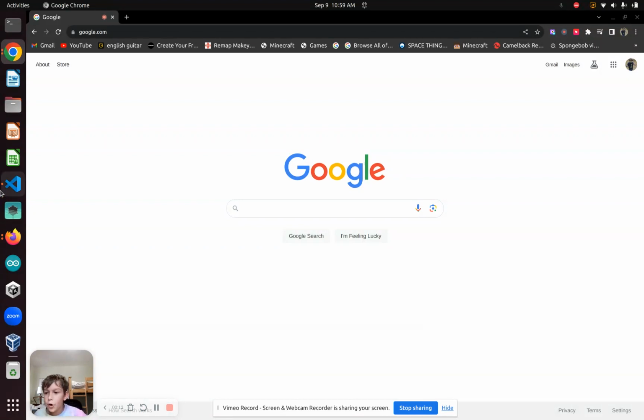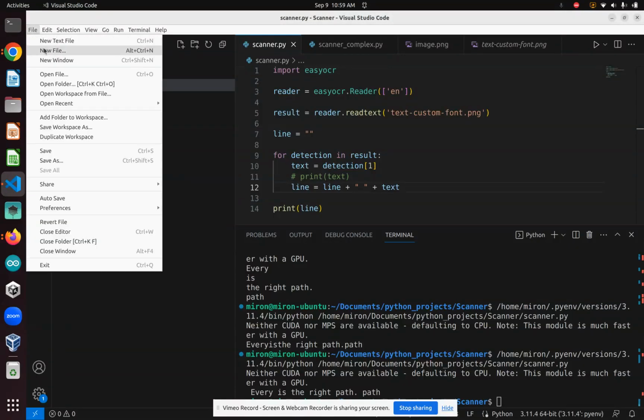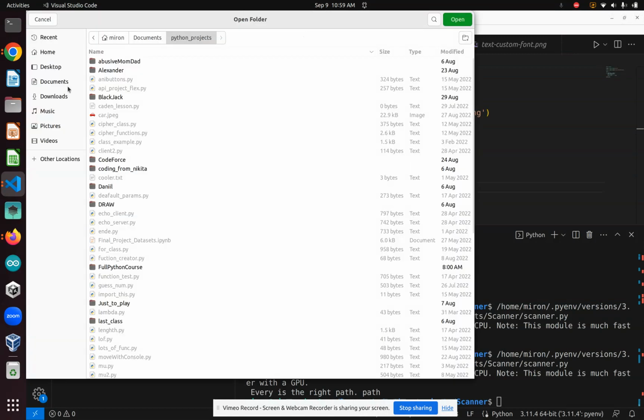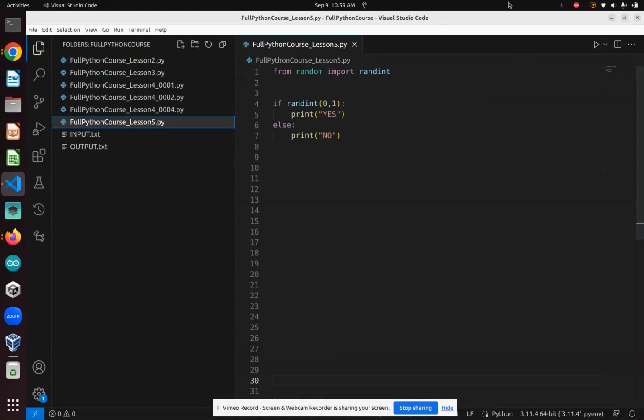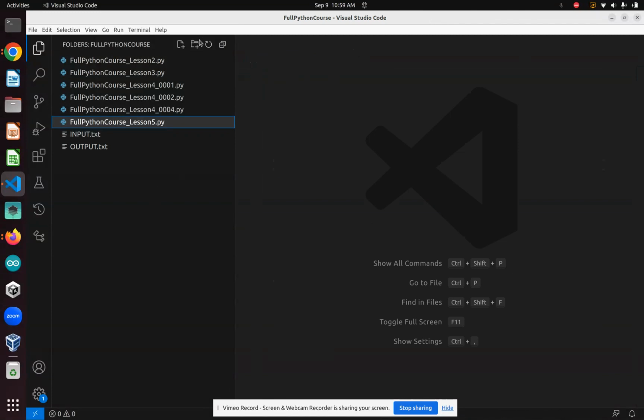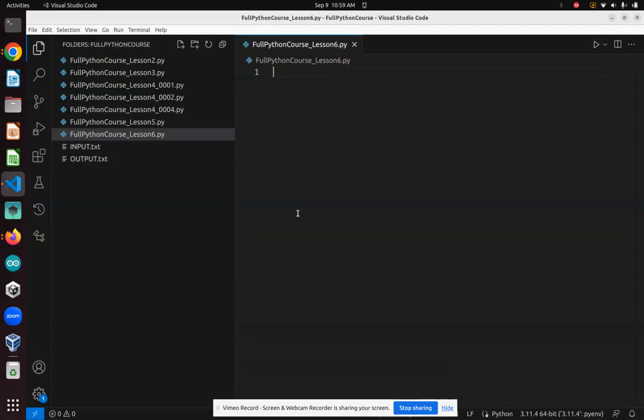So let's go on to opening Visual Studio Code, and let's open the folder. We're going to be opening, once again, full Python course, and let's just open that. Okay. So you will start with this, and let's make a new file. Full Python course lesson 6.py. Okay, so